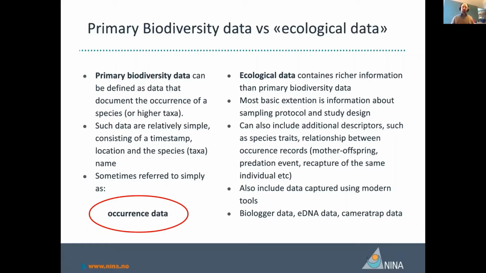So this is an occurrence. And the Darwin Core standard and everything we will see focuses mostly on this. This is very important because it narrows down our focus on this specific type of biological data,